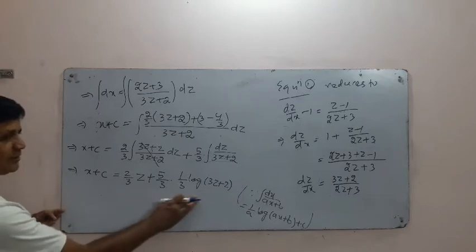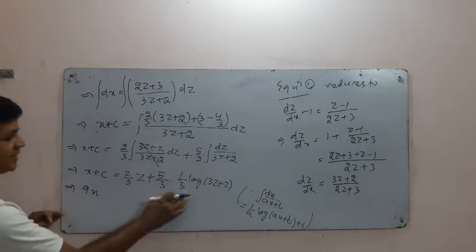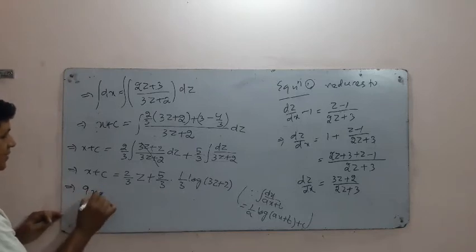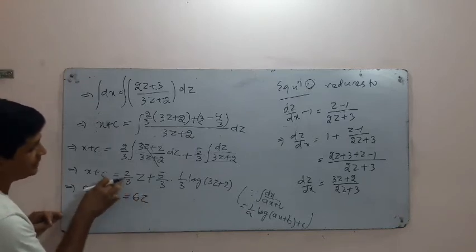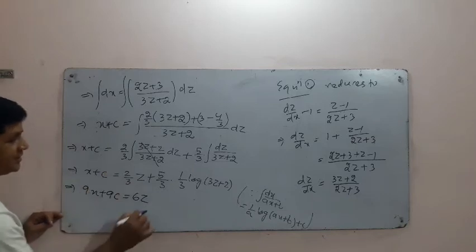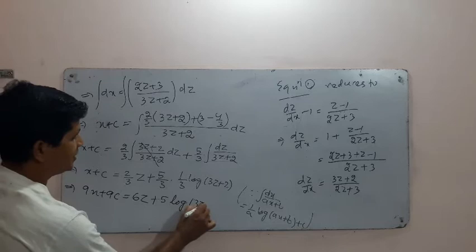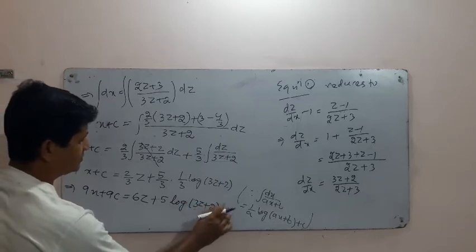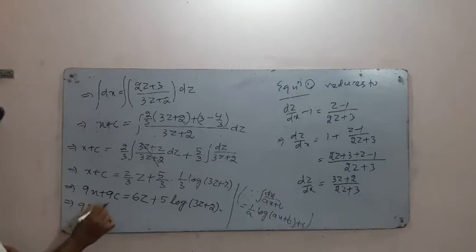Now to avoid the fraction, multiply by 9. 9x, because 3 into 3 is 9, plus 9c. It will be 6z. How will it be 6z? If you multiply by 9, the 3 will be cancelled. 3 into 3 is 6z plus 5 into log of 3z plus 2, plus 2, which implies 9x plus 9c is